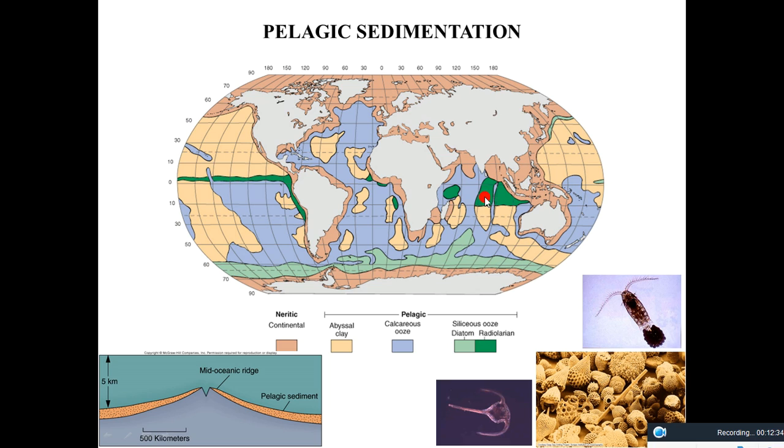In the green region you may find radiolarians. In this region you may find diatoms. In this region you may find calcareous oozes. Okay, and the abyssal clay. So these blue, green, and the light green parts have various microorganisms which can be studied to understand the